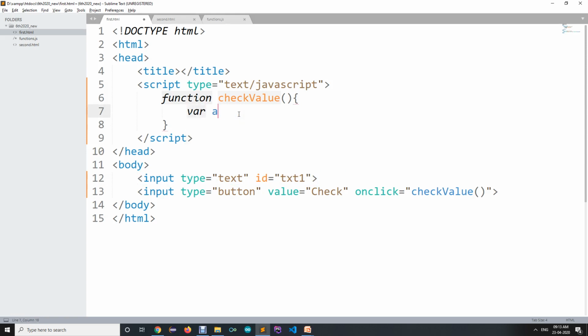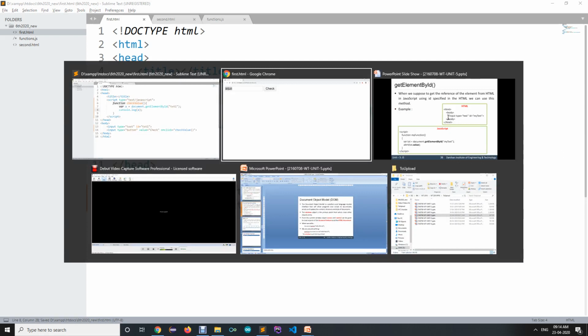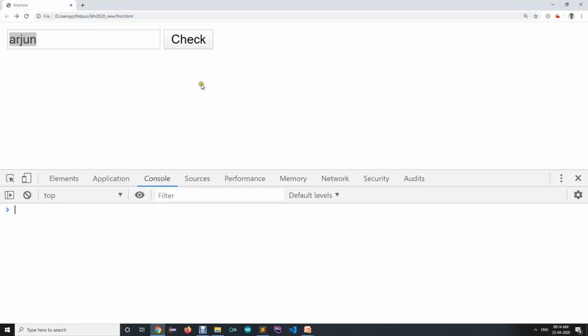So for that I am writing variable a equal to document dot, as I want to get this element by id, I can specify getElementById, and inside that I'll pass the id of this particular element. Okay, and then I console.log that element